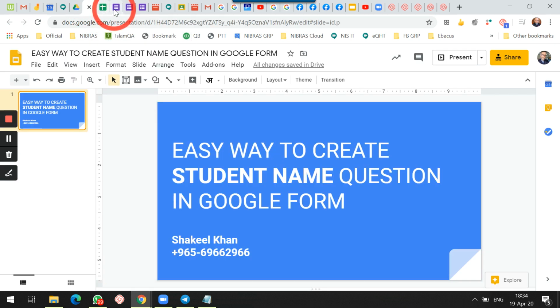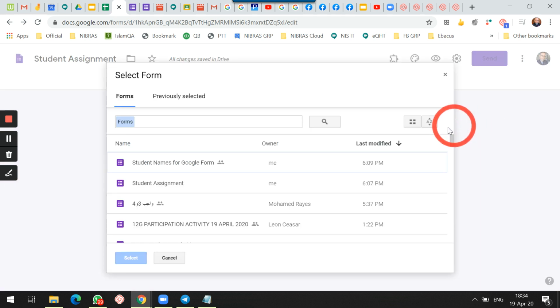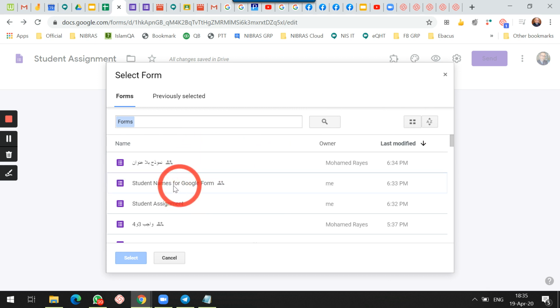I'll close this. I'll come to my assignment. And in the assignment, for the first question, what I will do, you see on this, I will not add a question, but I will select the second icon. It says import questions. I click on this. I will select the template Google Form which I had created. This is the one. I'll click on this,